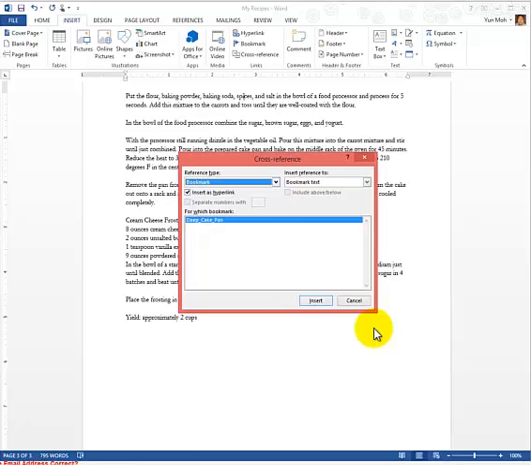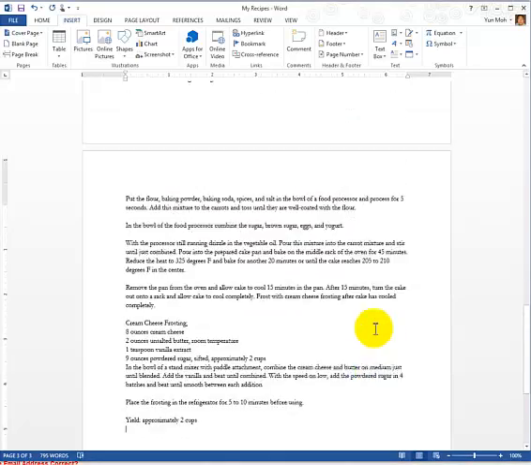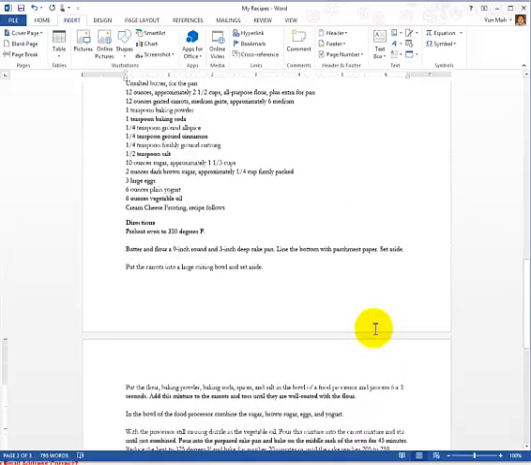So it gives you more options. So let's say I'm going to put a footnote. Yeah, okay, so oven temperature 350. So I'll put a footnote in